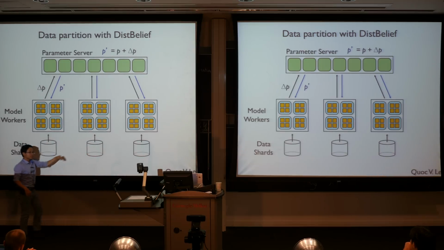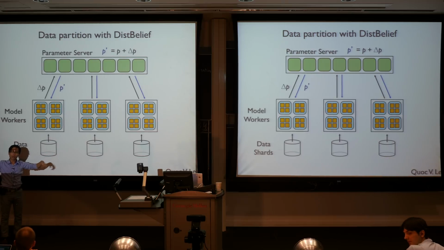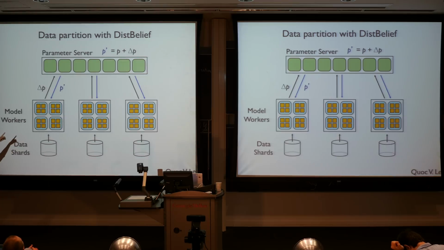And then instead of making the update at every step, we're going to send the gradient to something called the parameter server. I think Mu Li has talked about the parameter server already, but the idea is simple. You have a few hundred machines sitting in the middle, waiting for the gradient to come in. Right? The gradient, namely P prime. You wait for P prime to come in, and then delta P to come in, and then make the update